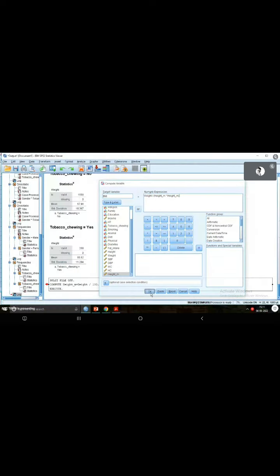So just click OK. Again, go back to the data view, and here towards the end, because every new variable that you create will appear at the end of the data. If you see the last column in the data view, you will see, corresponding to every person, the value of BMI.